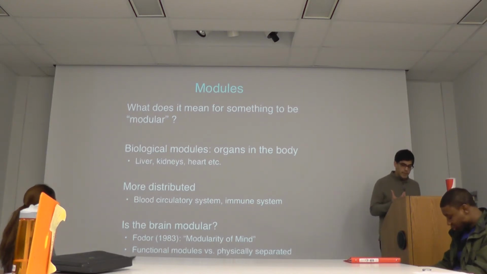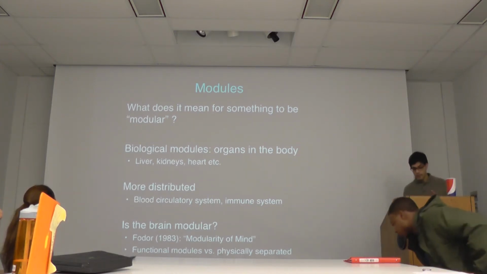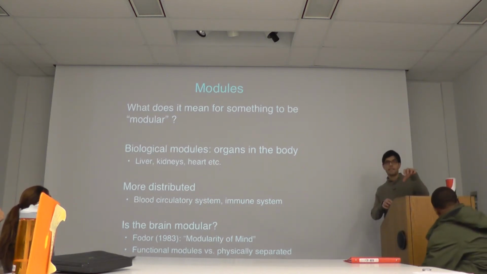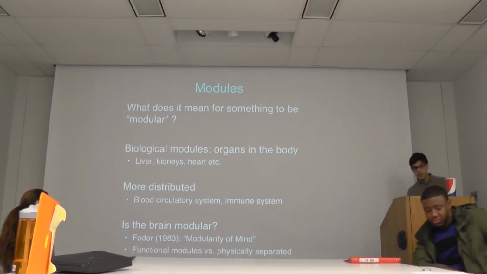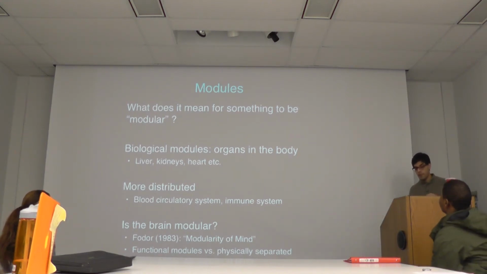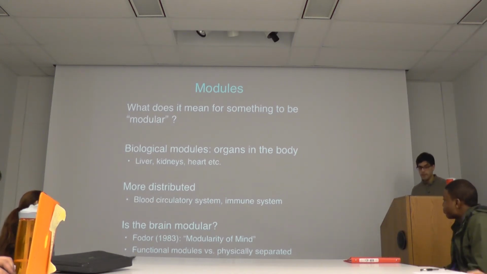The idea that the brain may be modular does not necessarily mean that it has physically distinct things in it, like a liver here and a kidney here and a heart there. It might mean, and this is an aspect of modularity that's less appreciated, that they're modular in a functional sense. So for instance, you might say,